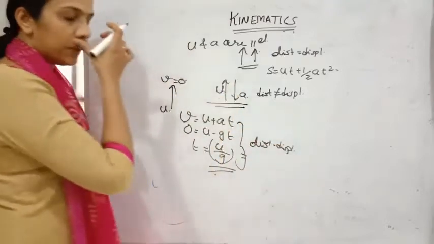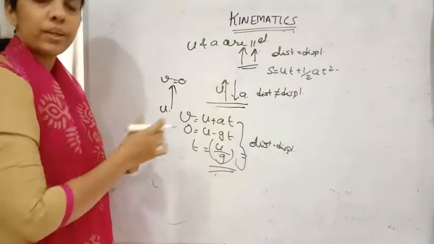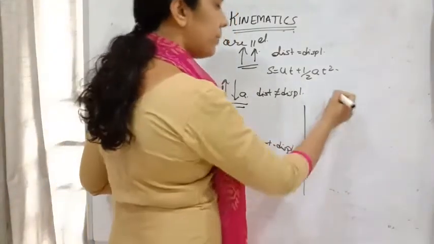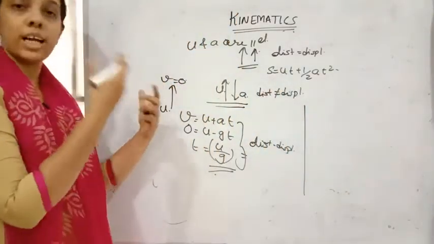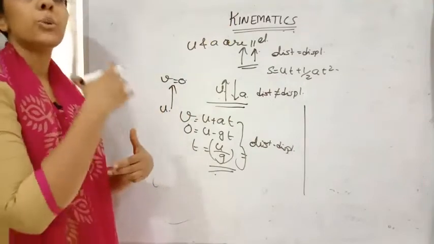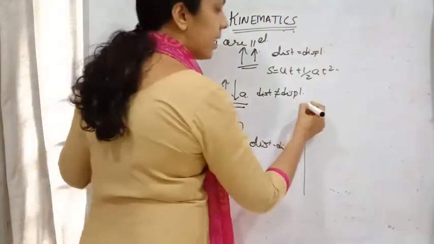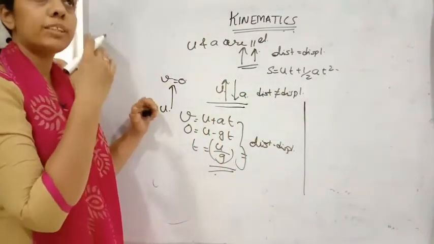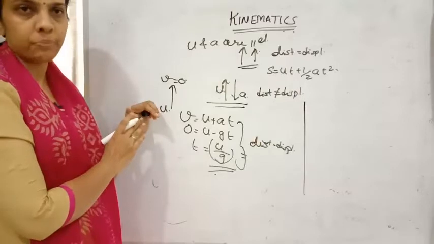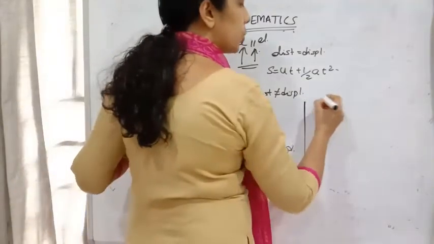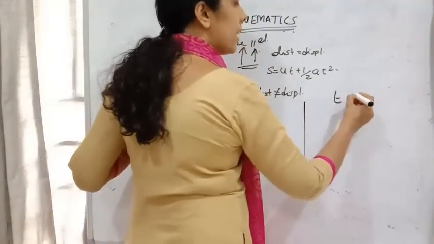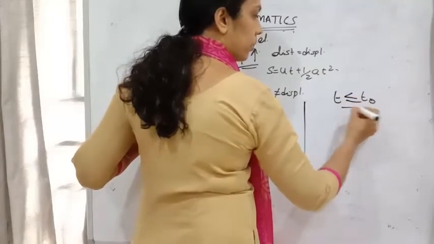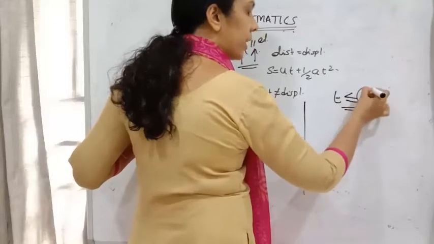Right? Now next we are considering it is moving in the downward direction. When it is moving downward, again we need to find out the distance covered or the time required. So instead of going in such a way, distance and displacement, in which positions and in which contexts it will be equal. Okay, when the total time required is less than or equal to t0, that is the time required at the position.